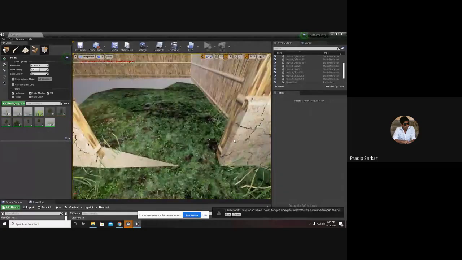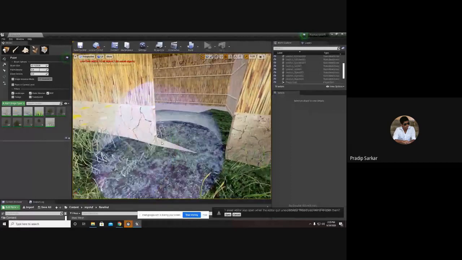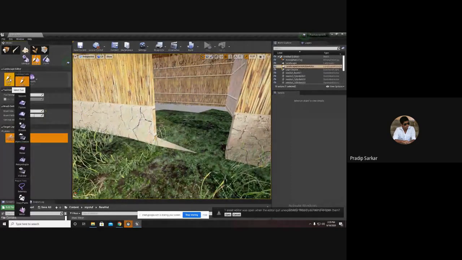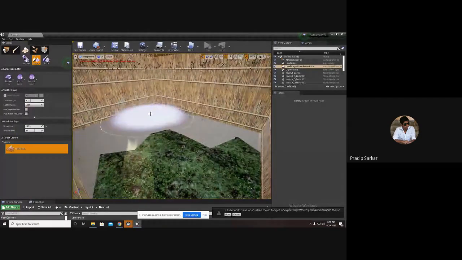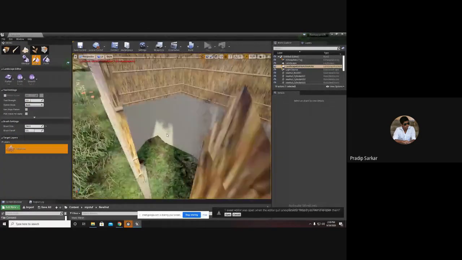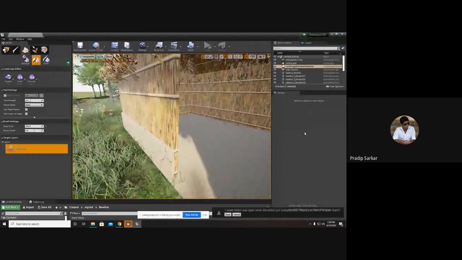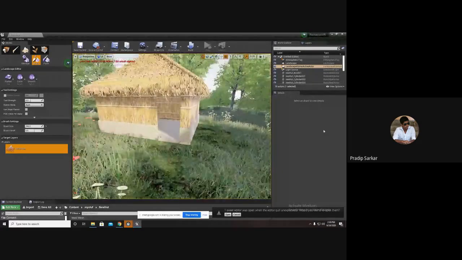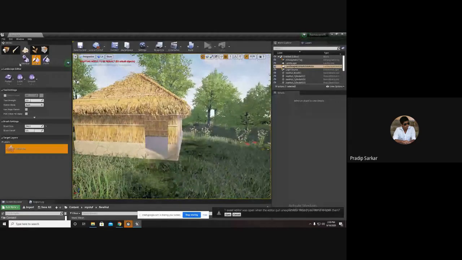I can see that the landscape has penetrated the floor of the house. So I'll go back to the landscape, go back to the flatten tool, and I'll start rectifying the mistakes. Once I'm happy with the output, I can go back.